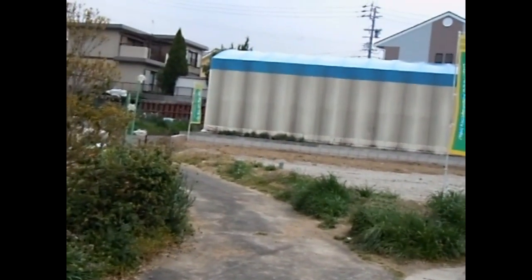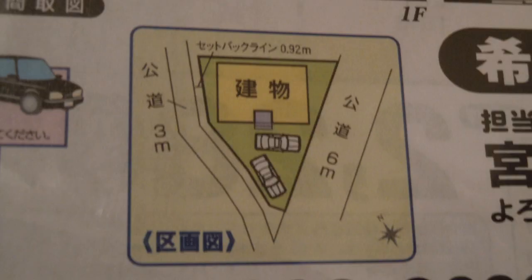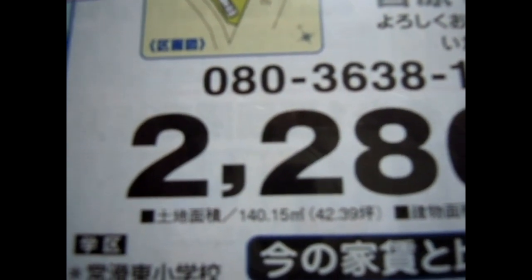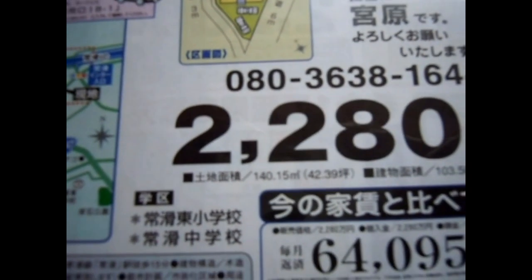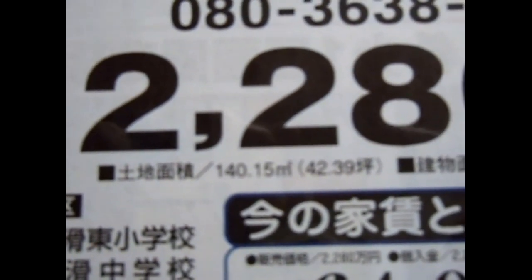So here's this little triangle of land, and the plan is to build this house which takes up almost all the land with enough room for two cars. You can see there one side is 6 meters. In total the land's 140 square meters, and the house itself was 110, I think. Yeah, 103 square meters. So it's about 10 paces by 10 paces,